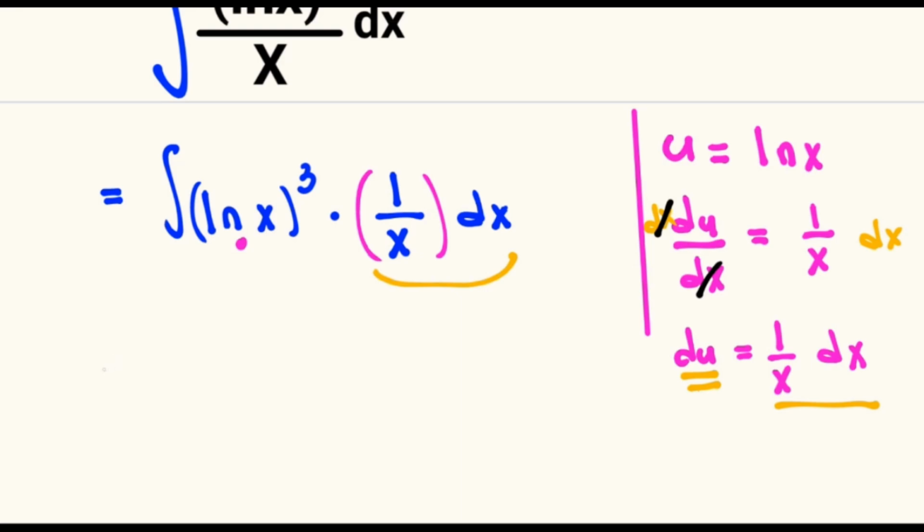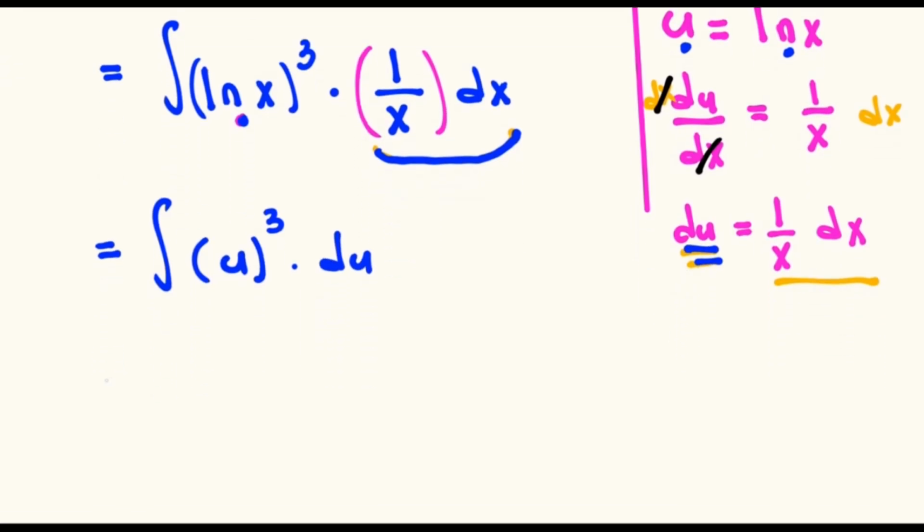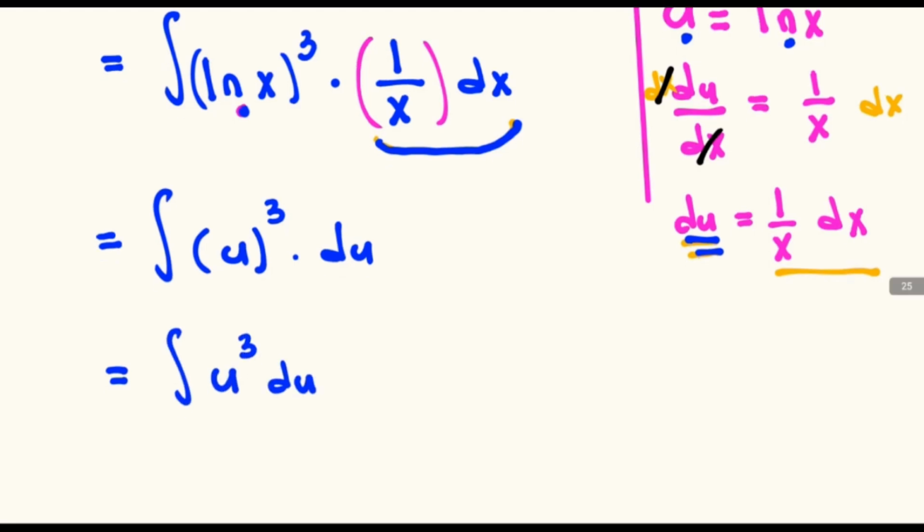We rewrite our integral in the form of u. So we have the integral of, in the place of the ln x, we are going to substitute the u, because we said that it's equal to the ln x. And since the ln x is raised to the power 3, even the u will be raised to the power 3. And in the place of 1 over x multiplied by the dx, we substitute the du. And this will be equal to the integral of u to the power 3 du,